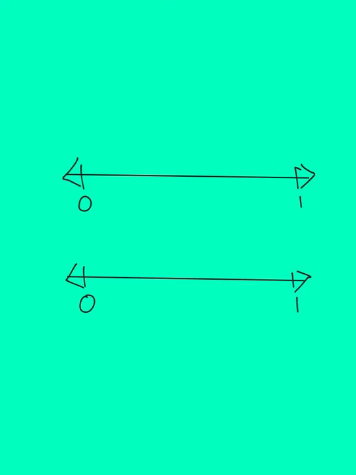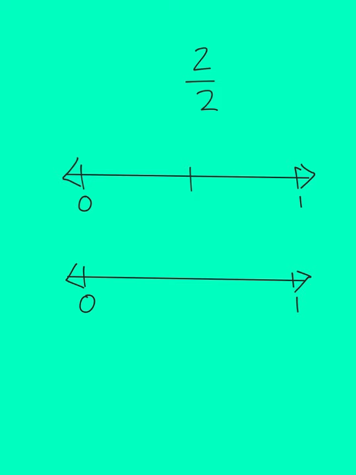So the first thing you're going to want to do is figure out how many parts you want your whole thing split into. So let's say you wanted your fraction to have a 2 as the denominator, and you wanted the whole thing to be split into two parts. Well, to split a number line into two parts, you're just going to need to draw one line right down the middle. So there we can see we've got one part, two parts,